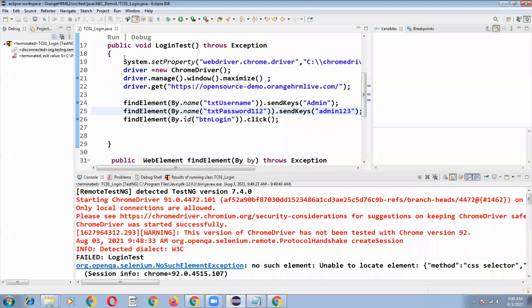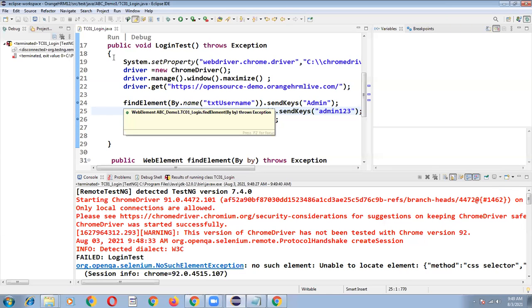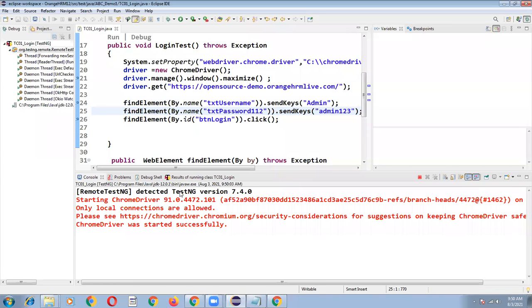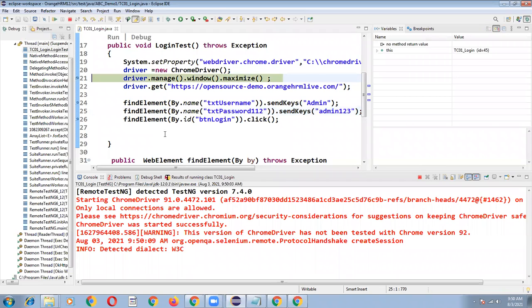But if something went wrong, it will go to some other class. So see, again I'm pressing F6. One second. F11. Okay, the driver has to maximize. So that is passed there. So after pressing F6, it is executed smoothly. And after pressing F6, it is executing smoothly. Okay, here also my browser is open.